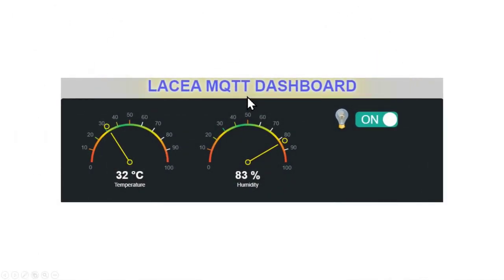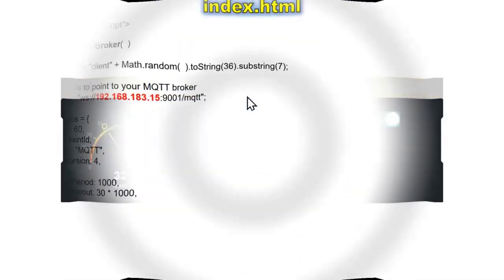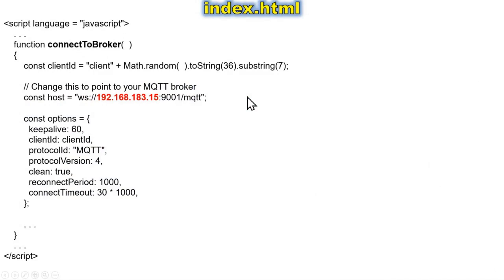I made a web page that acts as a front-end user interface to receive updates and control from the ESP32 microcontroller via the Mosquitto MQTT broker. To function properly the MQTT dashboard web page, you must change the IP address according to the IP address of your computer.